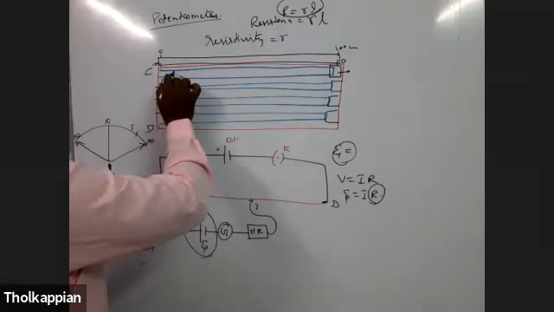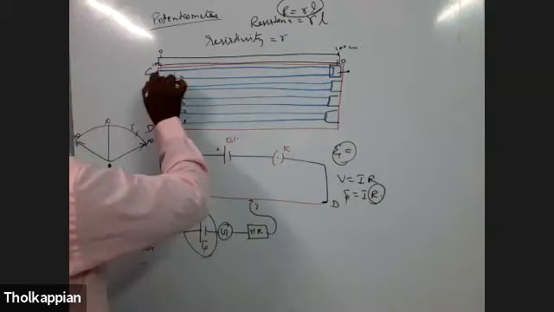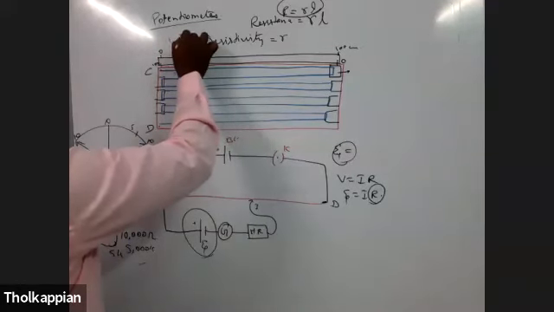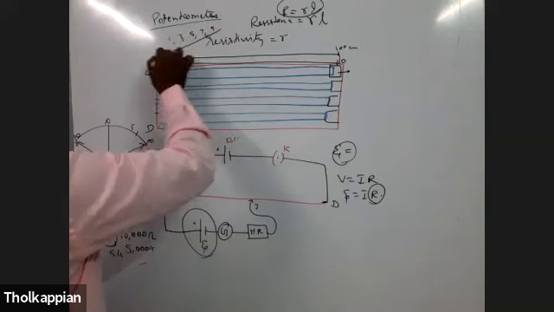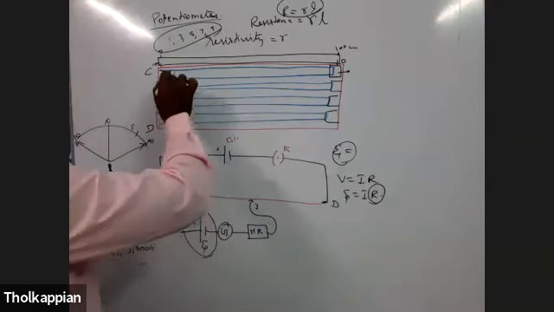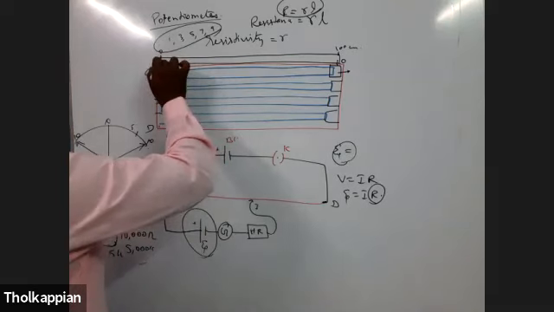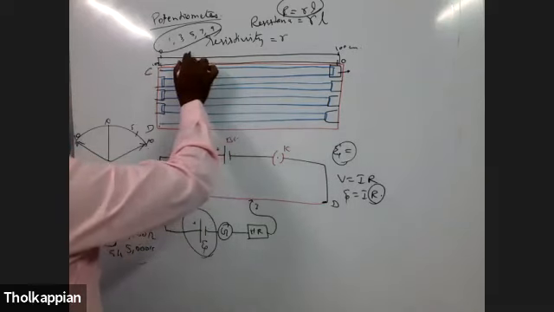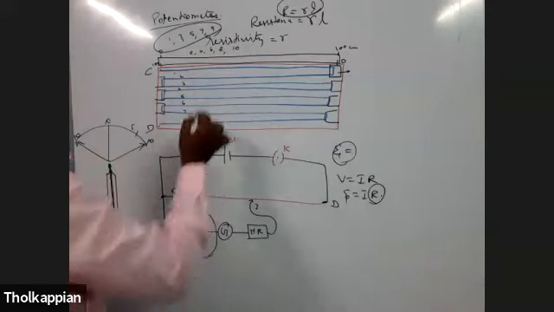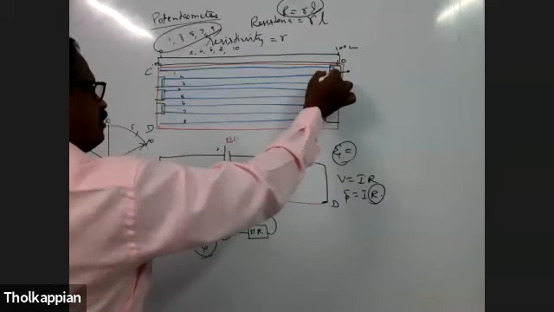The first wire starts at 0 here and ends at 100. So 1, 3, 5, 7, 9 are the odd numbers of wire. In these odd numbered wires, you have to see the value in this scale, because here it started. And the even numbers 2, 4, 6, 8, 10, in these you have to see the value here, because here it started.